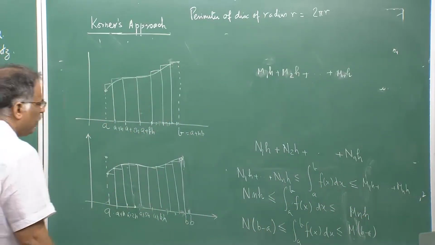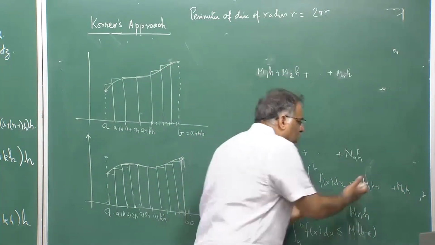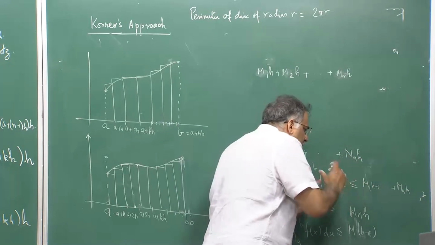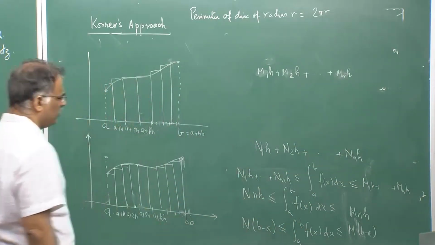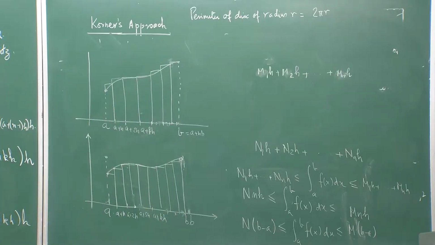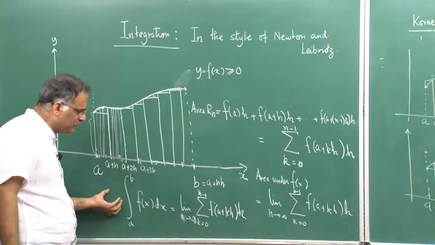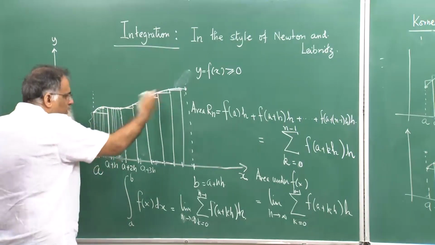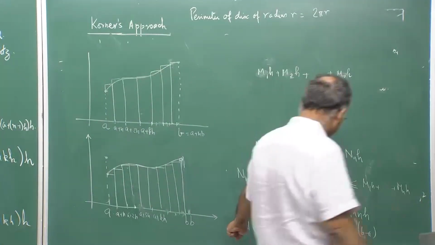So what you have done here, all these m1, m2, mn are actually less than capital M, because these are all over the interval, and M is the maximum over the whole, and n is the minimum over the whole, so the lower bound over the whole. So you see we had used this limiting idea to know that finally we will get to the area, whatever is the case, and this is exactly